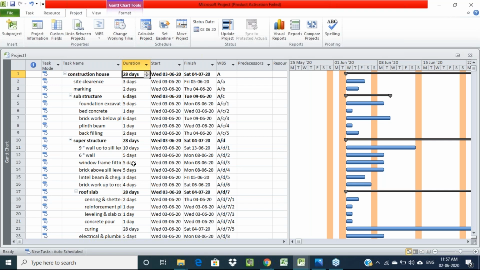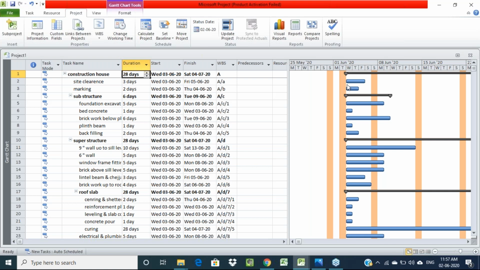Now after providing this, we have to provide linking between the activities. Whatever is showing individually for each activity, we have given a separate duration, and that duration you can see on the bar chart. Now for each and every activity we have to create a link. That means we have to start from one activity and come from beginning to ending. What is the first activity, what is the next activity? Here we have to define what is the preceding activity and what is the successor activity, right? For that we have to give linking.